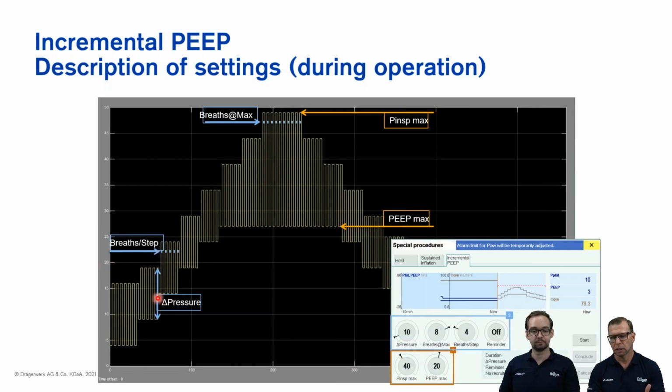Peak inspiratory pressure goes up, as does the PEEP. At your delta pressure that you've got pre-configured, it will then take 1, 2, 3, or 4 breaths at that particular PEEP and peak inspiratory pressure, and that's your breaths per step. Your breaths at max is the number of breaths that it will take when it hits your peak inspiratory and peak PEEP max. And then, of course, you'll get this pyramid stepwise feature on the patient's peak inspiratory pressure and PEEP